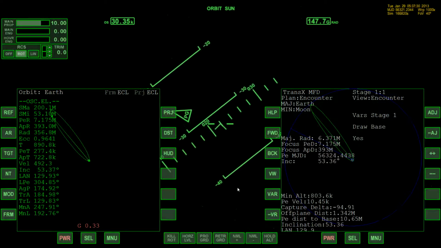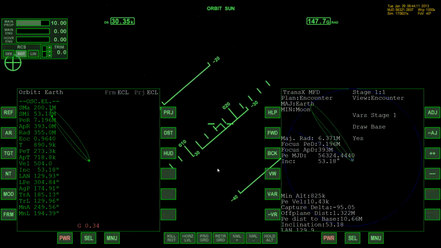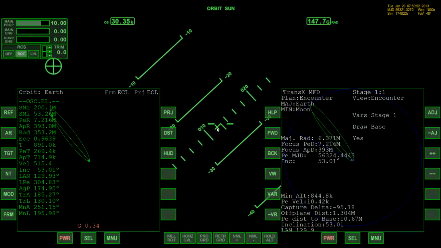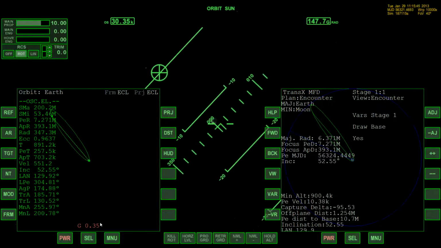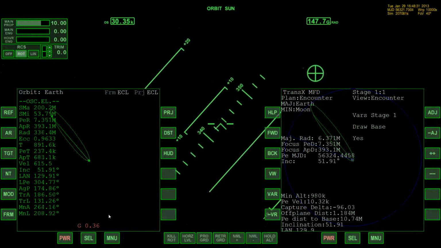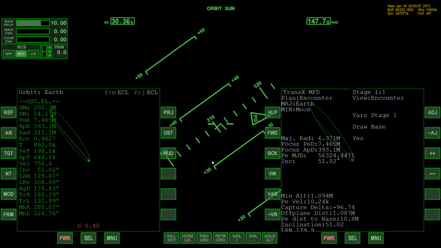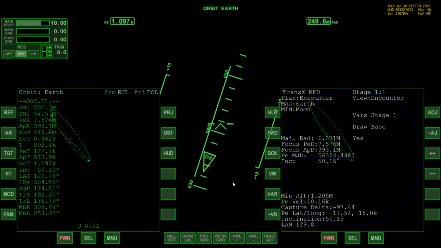Minimum altitude's continuing to climb, but these variables tend to adjust here when we're at that point where we're between the bodies. So let's just warp time forward until we're at the point where at least Earth is the strongest gravitational influence. A little bit of kill rotation there. Actually, I probably could bring down the minimum altitude already, but now this is something else I want to point